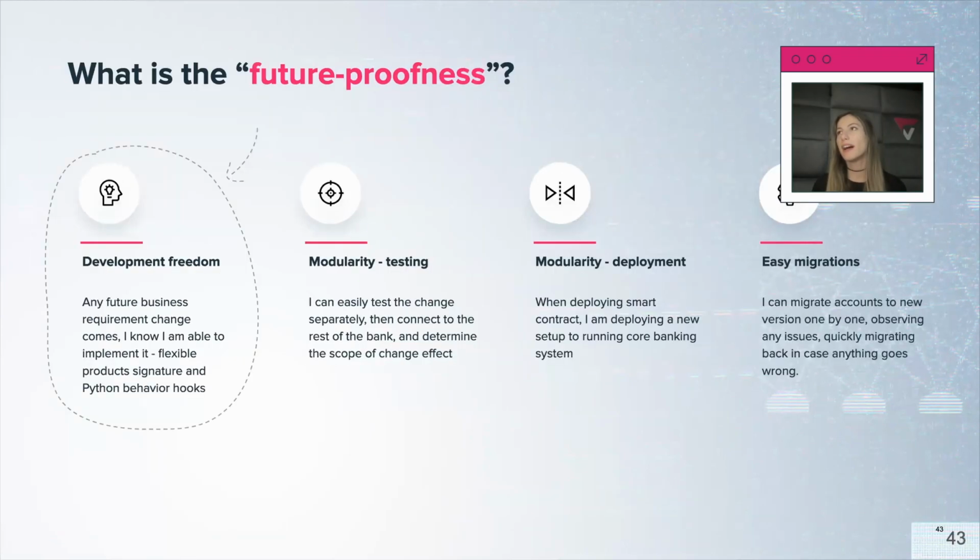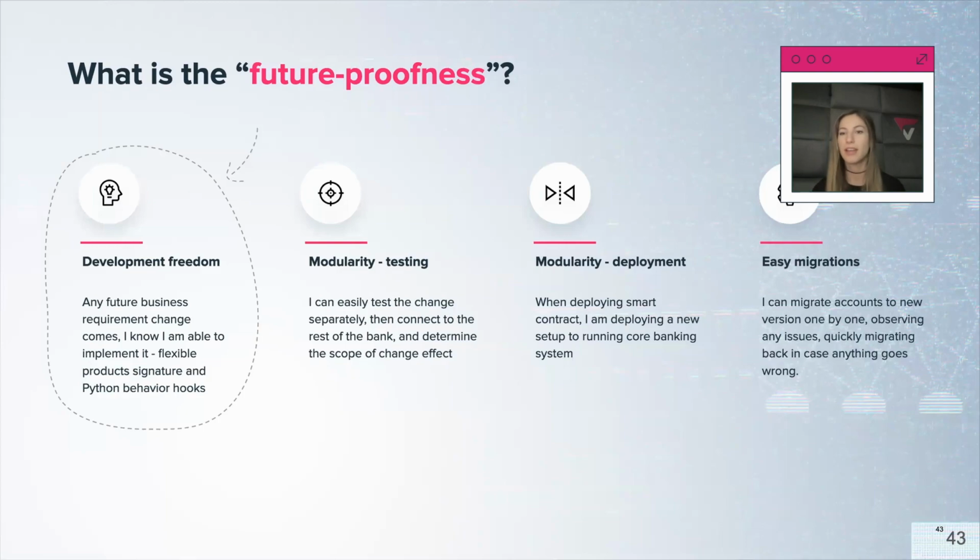So, to sum up, what is the future-proofness here? Because this webinar is called Future-Proofing Bank Products with Thought Machine. So, the future-proofness, I think from the engineering point of view, was showcased on the example that we provided. But to sum it up and to name it, the future-proofness is mostly the development freedom for me. So, any future business requirement, or even any current business requirement that I have on the product, any feature that I am supposed to implement,